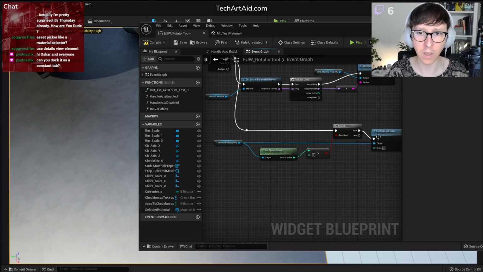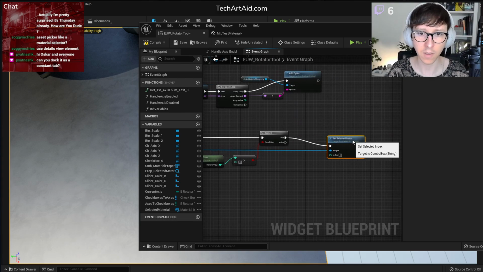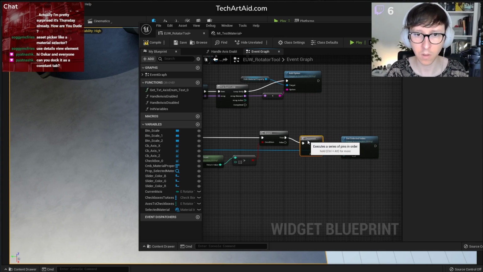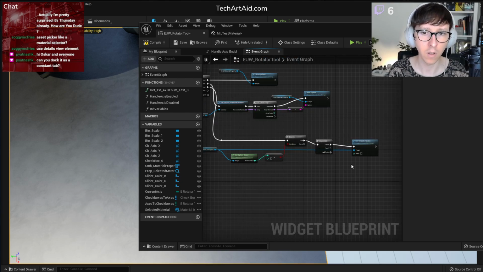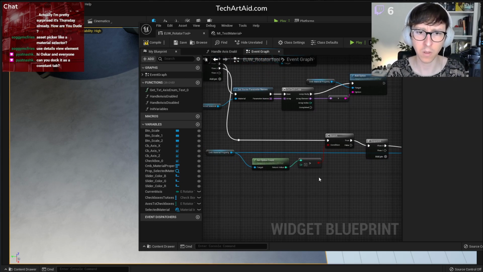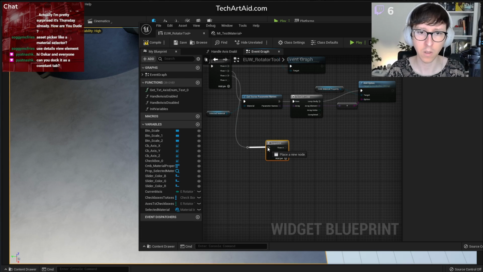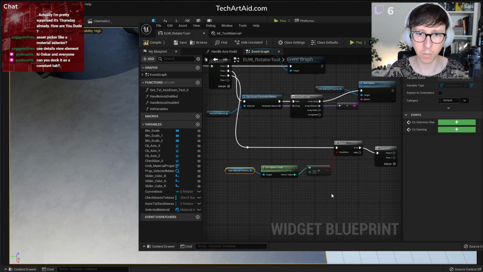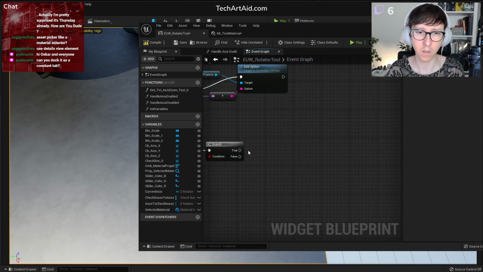So if there was any option, then first I set selected index to it, sequence, and the second thing I do, maybe I don't have to do it actually. Yeah, I don't have to do it. No, if there is any option, that's actually important. If there is any option, then